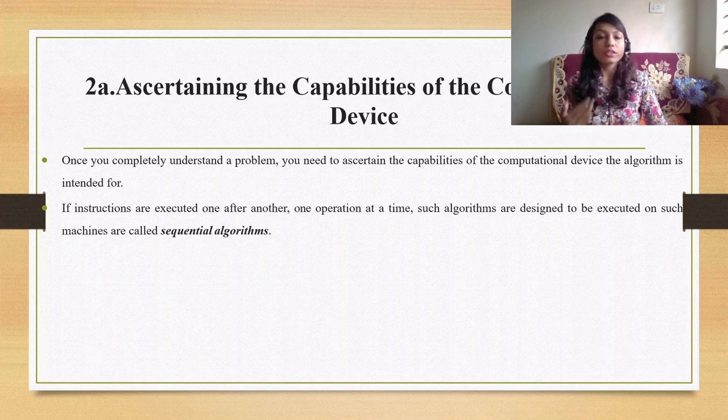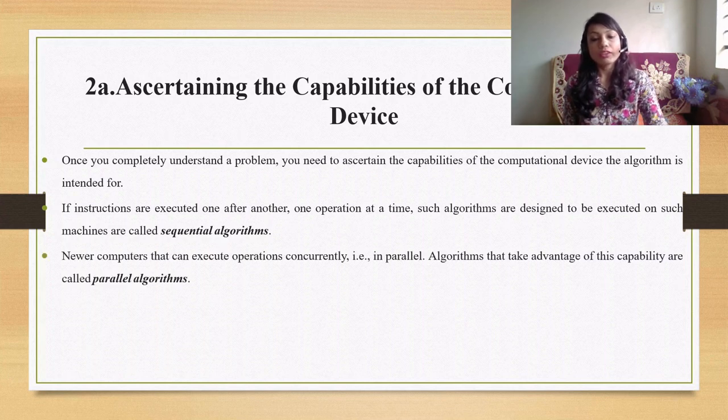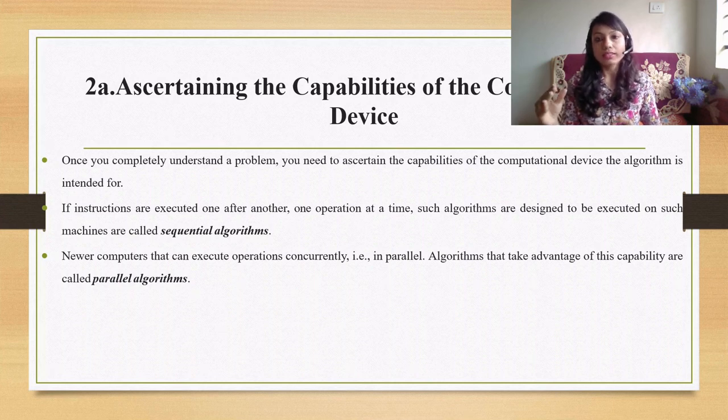After that, fourth, and so on. So that is nothing but a sequential algorithm. Sometimes your algorithms will be parallel, that is, one instruction is not dependent on another. So you will have some set of instructions which can be run independent of some other instructions. Those are known as parallel algorithms.